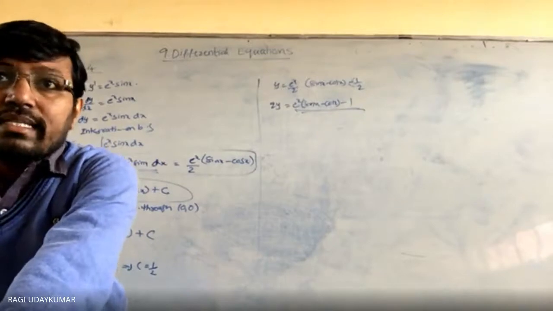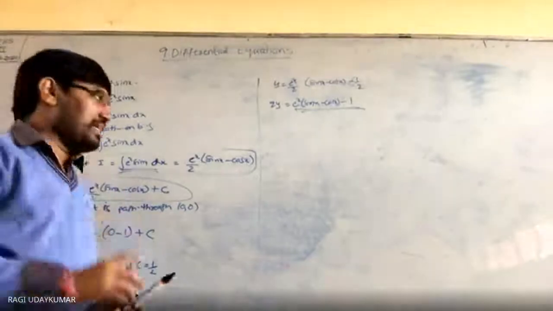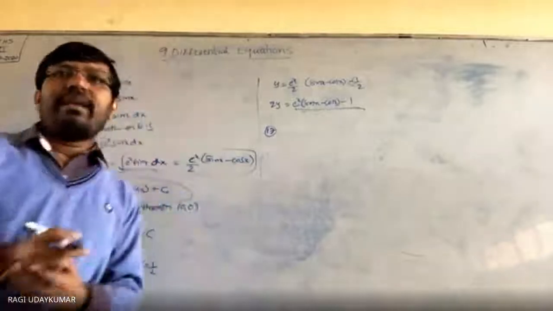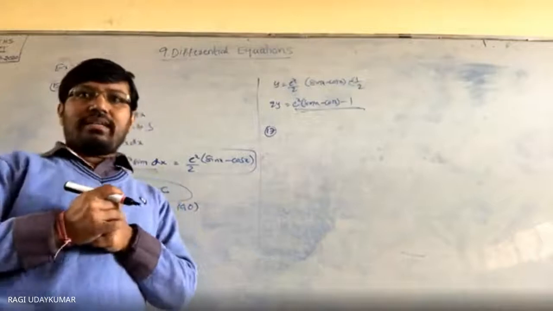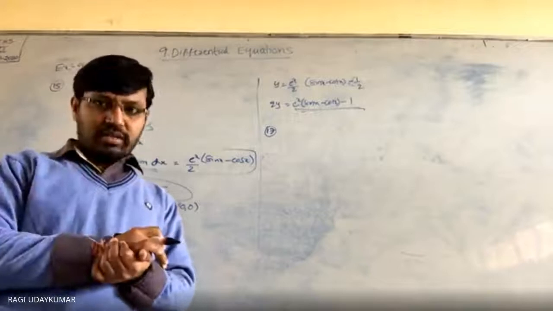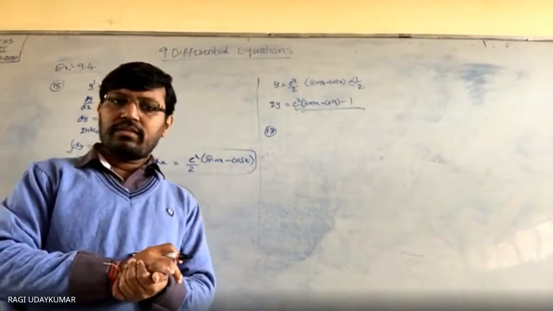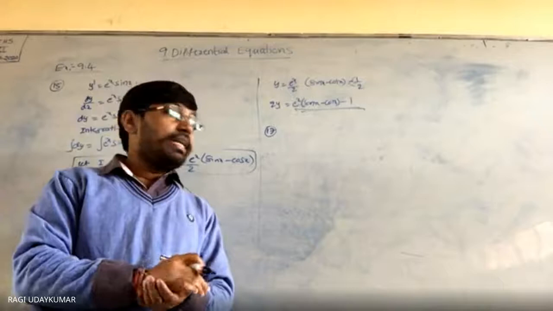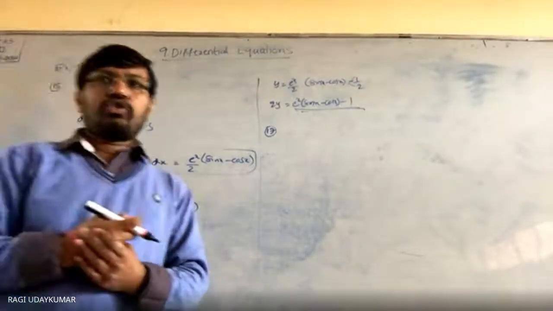Passing through the point, and look at the 17th question. In the 17th question, the form of the question is a little different. Find the equation of the curve passing through the point (0, minus 2), given that at any point (x, y) on the curve, the slope of the tangent to the curve is written as dy by dx. If y is equal to f of x is a curve, dy by dx is the slope of the curve at a particular point.